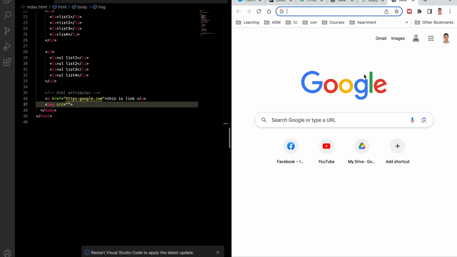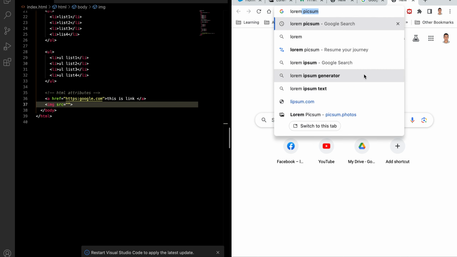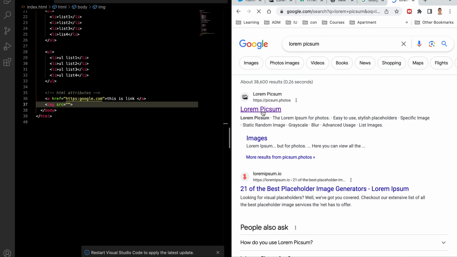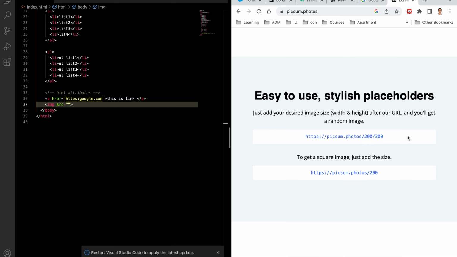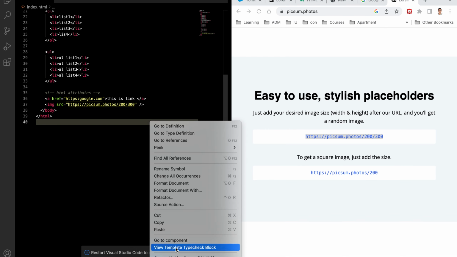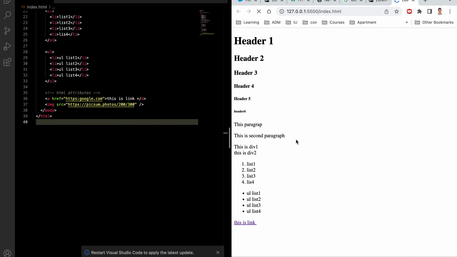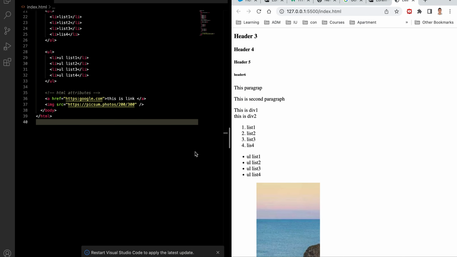So the best place to get the image source is you can write something called Lorem Picsum. Just go to Google and type Lorem Picsum, and here you can get lots of sources for images for testing purposes. And if I provide the source here, I just copied this one and provided the source, and if I run it with Open with Live Server, you can see the image is taking from that source. Okay,